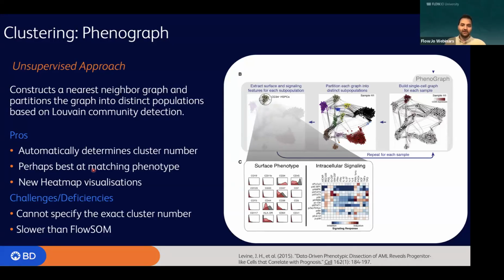It will really stand out a different island as a separate cluster. And with the new algorithm, it has some really nice visualization. In the past it didn't, but nowadays you have a heat map generated from PhenoGraph. Challenges or deficiencies are that you cannot directly,